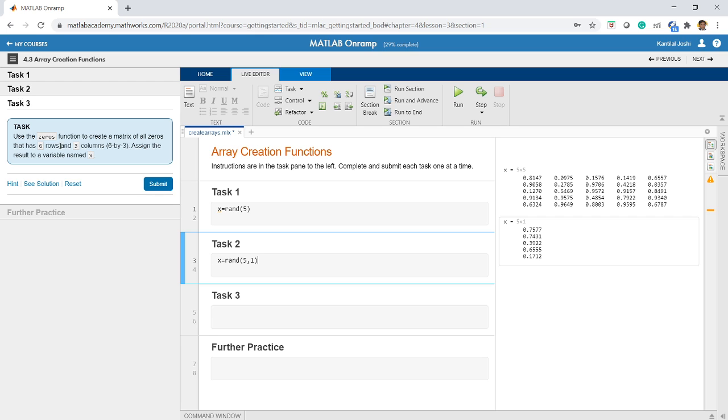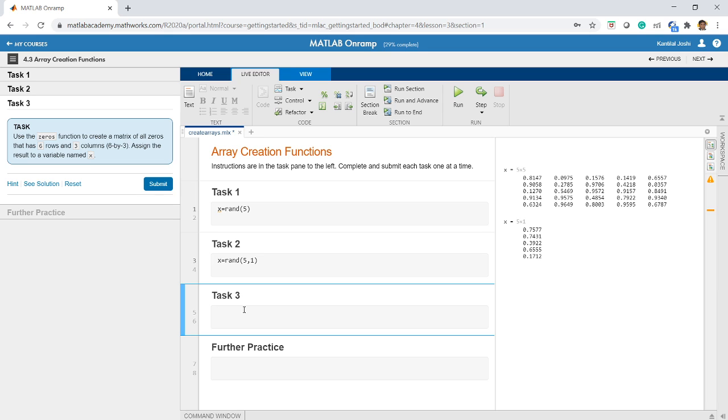Then there is another function called zeros, which we use to create a matrix of all zeros that has 6 rows and 3 columns, 6 by 3. Now as you must have realized by now, the functions are simply named. So if there is a zeros function, it will give you a matrix of all zeros. Now why would you need a matrix of all zeros in the first place? Many a time when you write an algorithm in engineering, we have to write iterative algorithms. That means first we initialize all the values to 0, and then we go on iterating until we get the final answer. So for initializing to 0, we can use this function zeros, right?